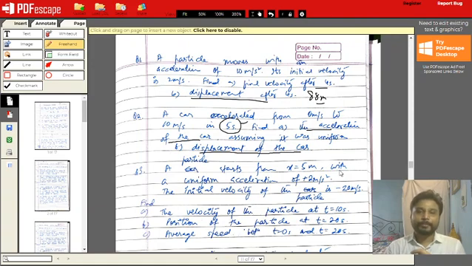So as I said in question number 1, when you have expressions available for acceleration, initial velocity and time, then you favor the equation v equal to u plus at. Now in this equation we have with us the initial velocity, the final velocity and the time. So what equation would we be favoring here? So let us see.